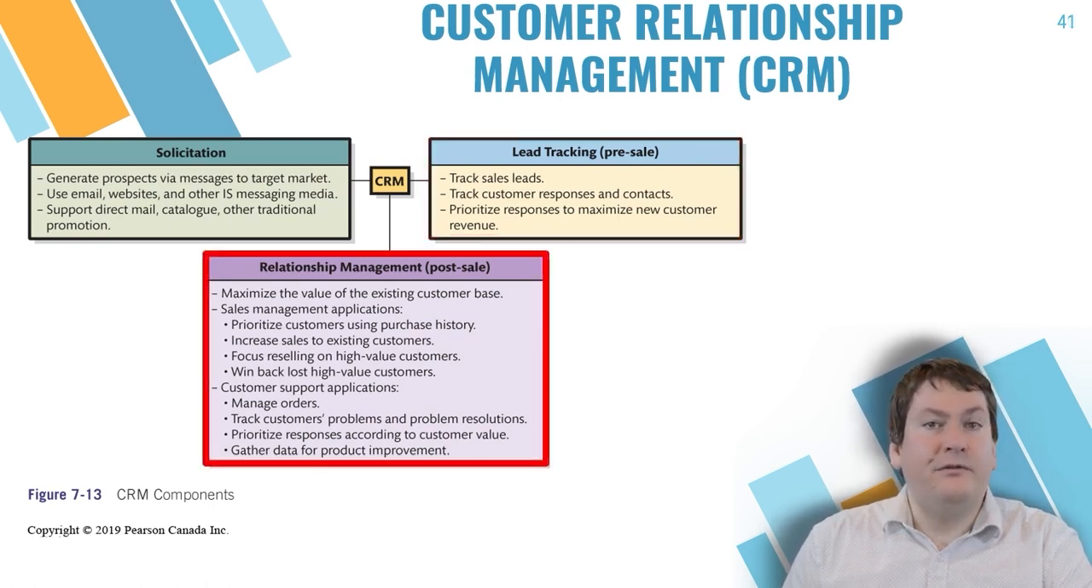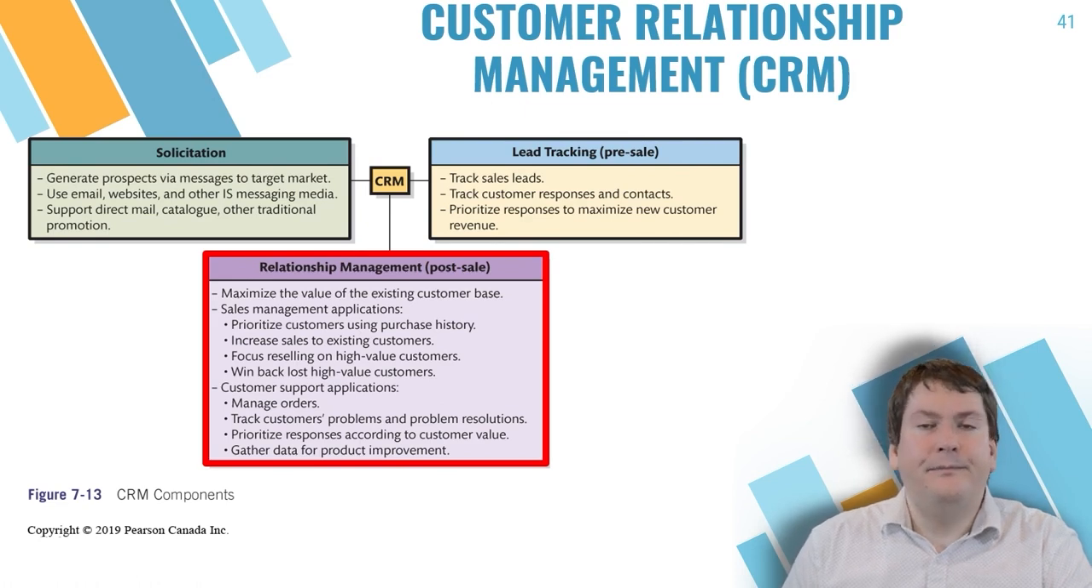The last component is relationship management. This component handles the post-sale activities, including customer support, retention, sales targeting existing customers, and win-back of lost high-value customers. The data from CRM systems aids with targeting these efforts at customers that are most likely to purchase more. It also helps understanding a customer's needs based on their support history and aiming efforts at winning back high-value customers